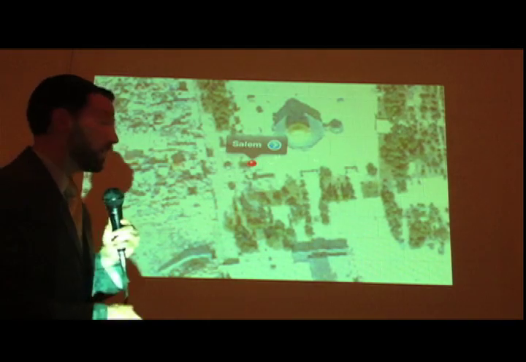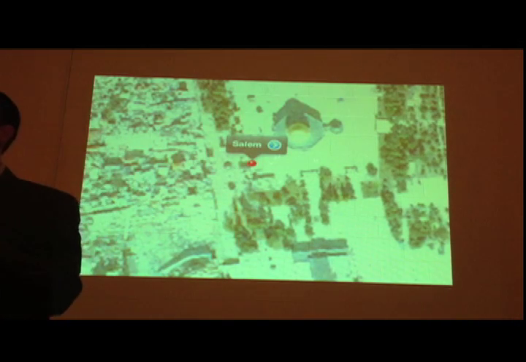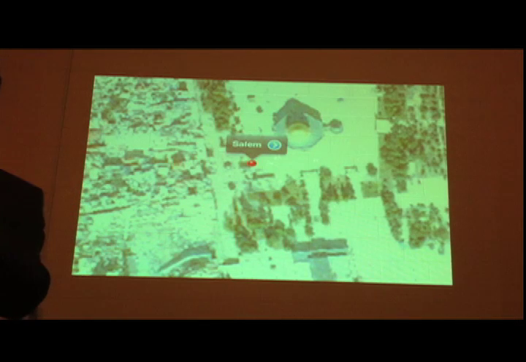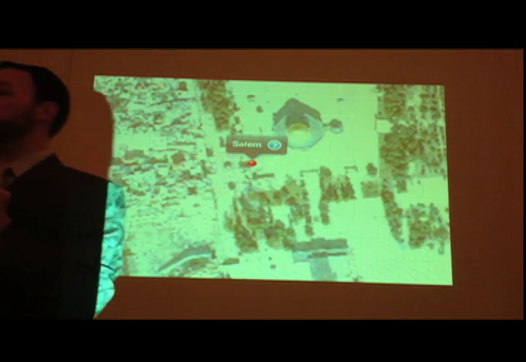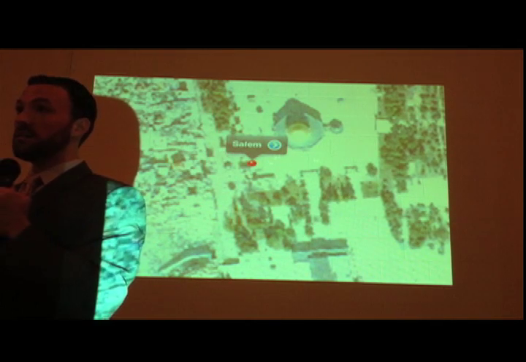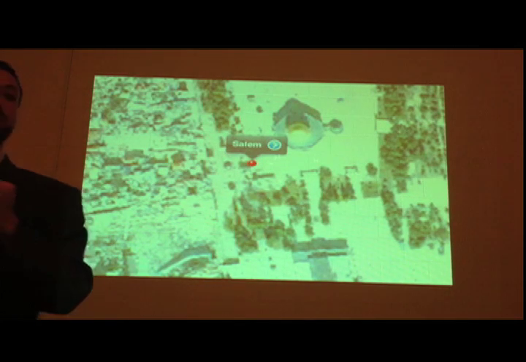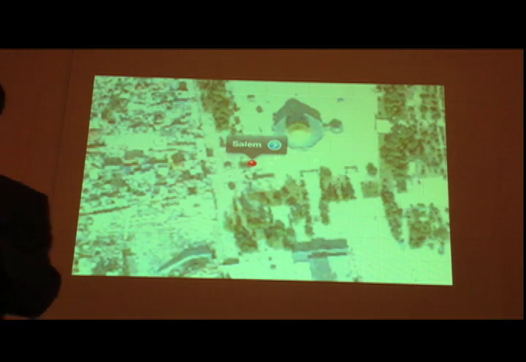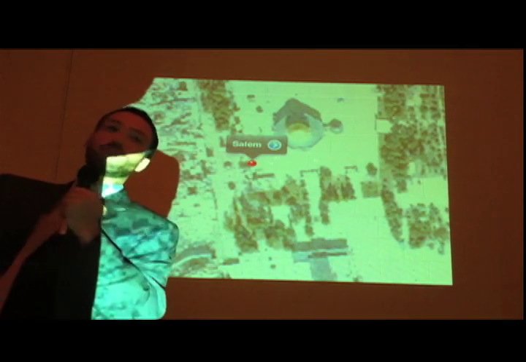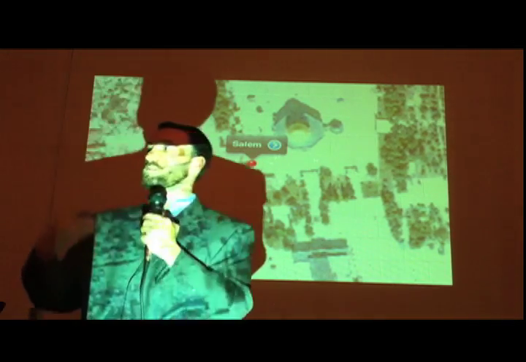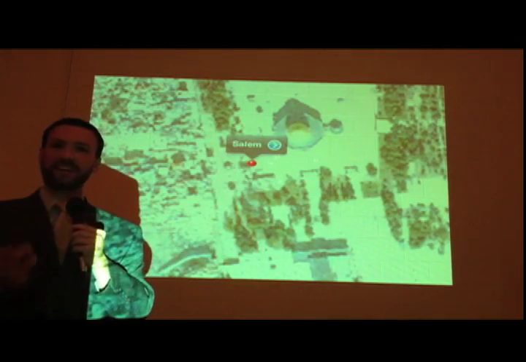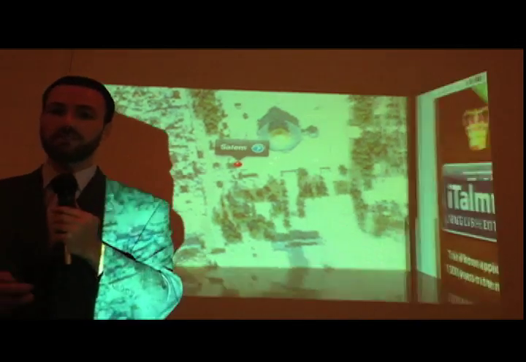And right where that pin is, that's approximately the spot of where the Kotel is, the western wall, but that is the Har HaBayis. That is the temple, that is the same place that Abraham brought his son Yitzchak. Same place that Yaakov had the vision of the angels going up and down the ladders. Same place that right now today, tens of thousands of people are going to this very spot to celebrate Yom Yerushalayim. And so it gives me a greater connection because I'm not just studying some verse somewhere in the Torah, but it becomes something I can relate to, something I can connect with, I can feel, and I can understand.